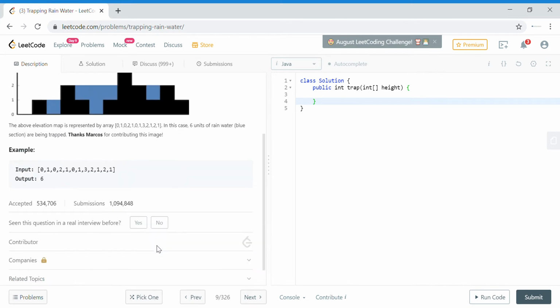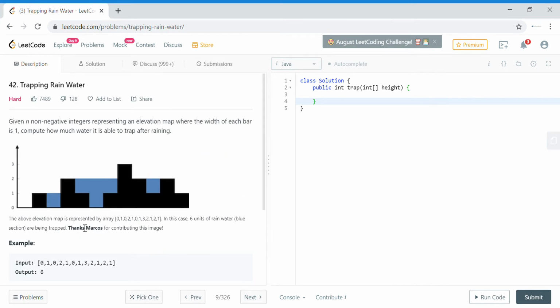So one thing we need to see here is that water will only be trapped wherever I have a taller building on the left side and on the right side of this particular graph. So if you visualize from here, you see this place the water is being trapped because we have a higher building here and this side. If you see this particular building, there is no water trapped on this bar because this is the tallest building. Same goes for this. There is no taller building on the left hand side of this, so no water can be trapped here.